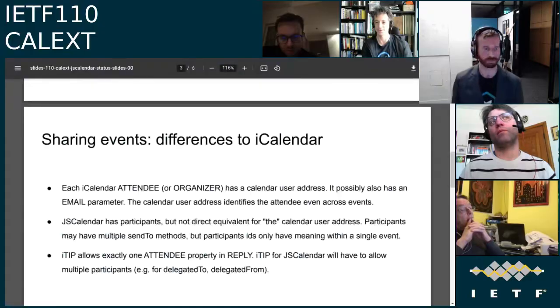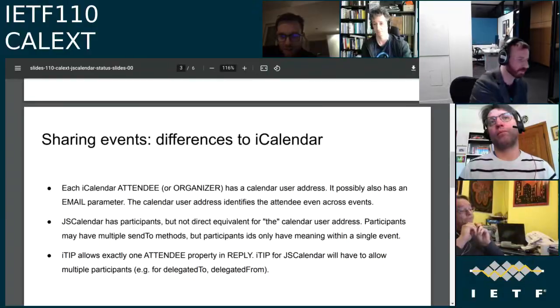Okay, but if you add an IMIP now to the JS participant, we would convert it back to an iCalendar attendee with a different value than the one with the rubbish. Sure, but that's not an edit operation you're really allowed to do as an attendee. You're just sending back to the organizer.